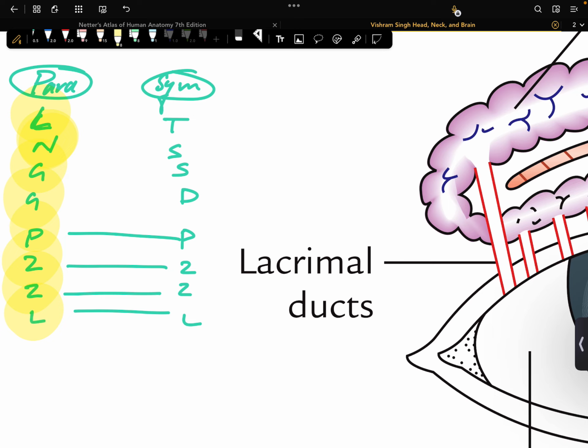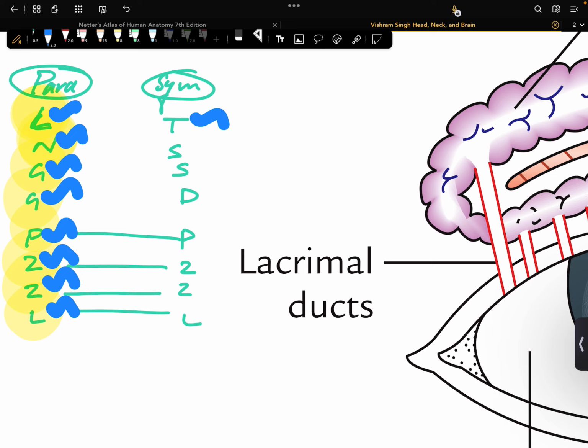L for lacrimatory nucleus, N for nervus intermedius, G for geniculate ganglion, greater petrosal nerve, pterygopalatine ganglion, origin to postganglionic nerve fibers, zygomaticotemporal, lacrimal nerve. T for T1 spinal nerve,